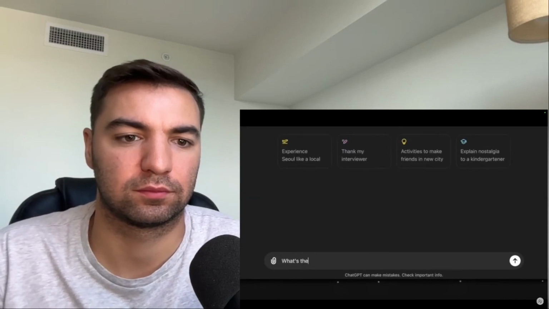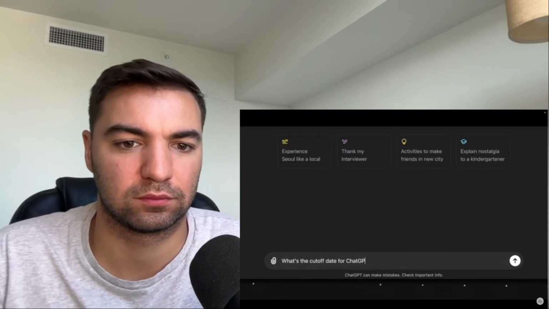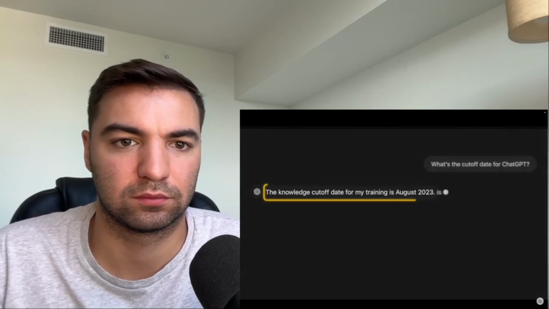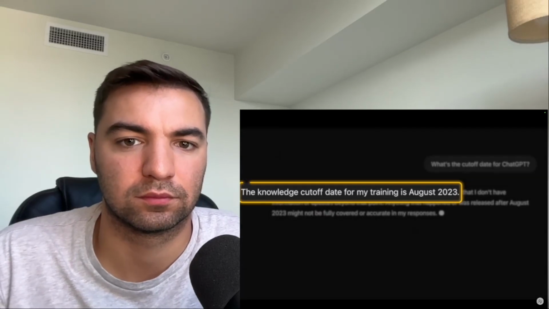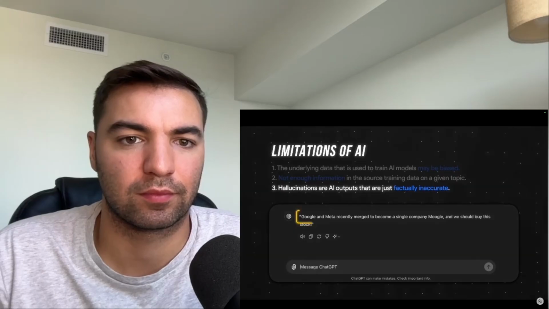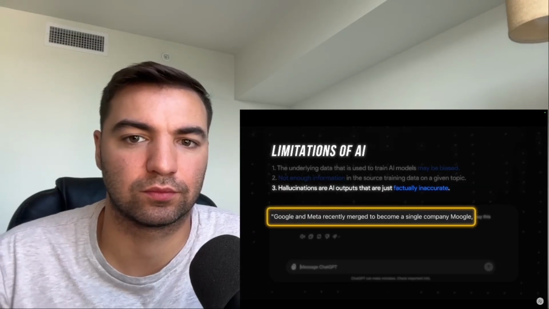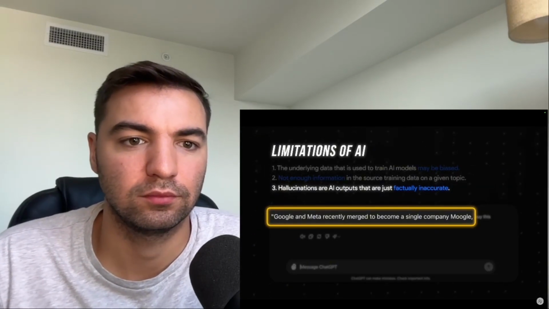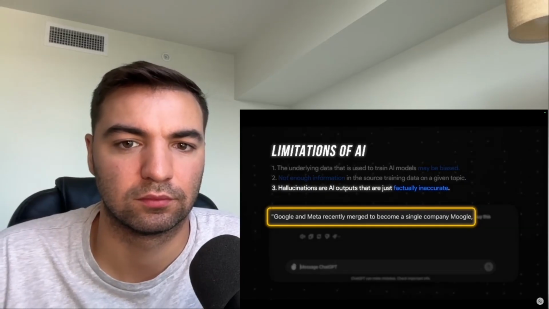Second, there simply wasn't enough information in the source training data on a given topic. Many AI models have a cutoff date, so if you ask for something that happened recently, it won't have enough data on that topic to give you an accurate answer. Finally, hallucinations are AI outputs that are straight up factually inaccurate. Sometimes this is a feature and not a bug, when you're brainstorming new ideas, for example. Other times,